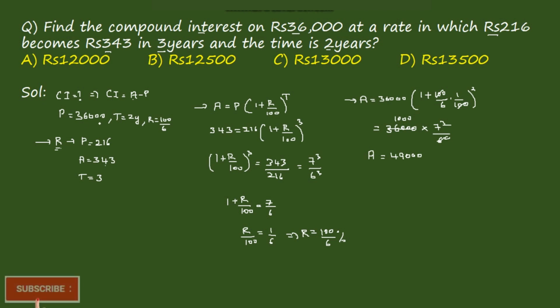We know the principal as 36,000, right? Then compound interest is equal to 49,000 minus 36,000, right? So we get 13,000. So the compound interest is nothing but option